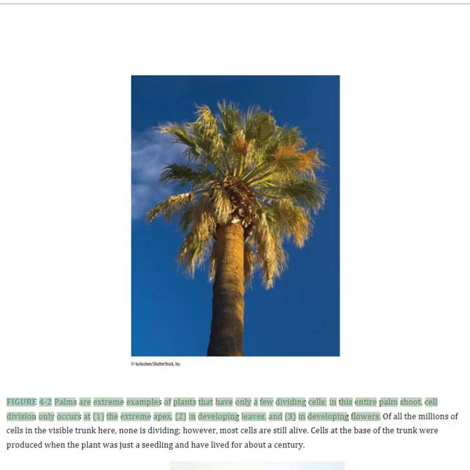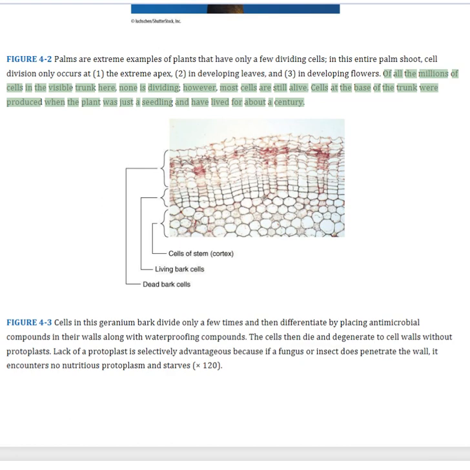Figure 4.2: Palms are extreme examples of plants that have only a few dividing cells. In this entire palm shoot, cell division only occurs at the extreme apex, in developing leaves, and in developing flowers. Of all the millions of cells in the visible trunk here, none is dividing. However, most cells are still alive. Cells at the base of the trunk were produced when the plant was just a seedling and have lived for